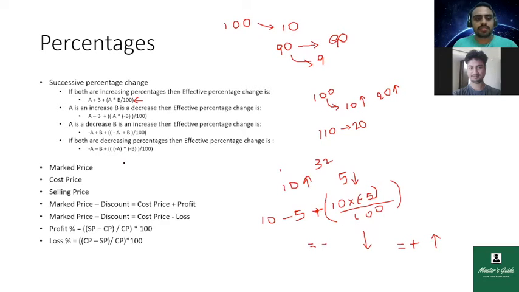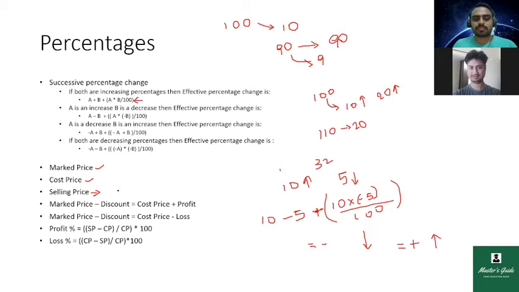Similarly, in percentages we get the concept of cost price, selling price, mark price. I think most of you would be familiar with this. Just remember that everything would be on cost price. If I get a profit, that should be calculated on cost price. If you get a loss, that should also be calculated on cost price. And market price is something I'm not selling at. I give a discount on market price and then sell it at another price, that is the selling price.